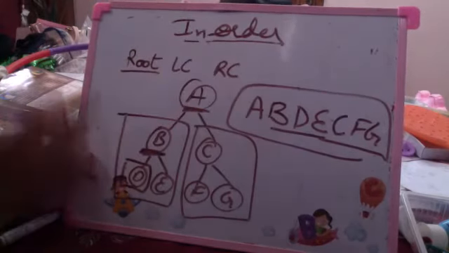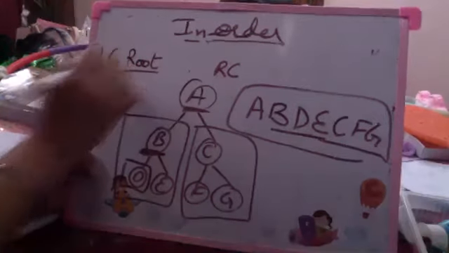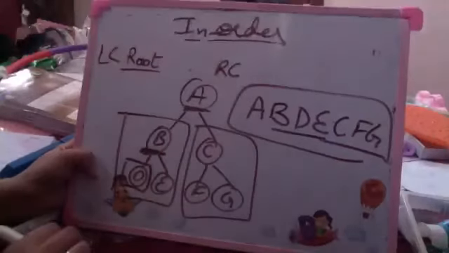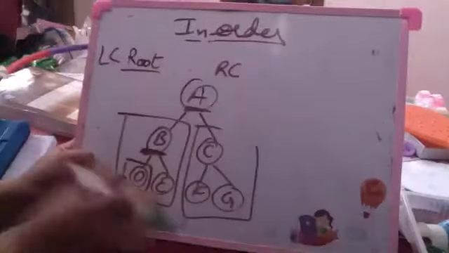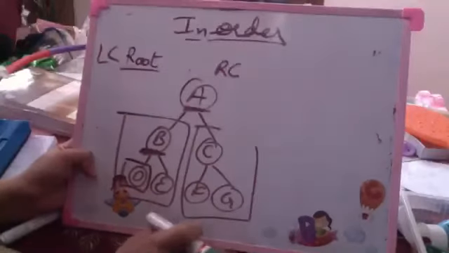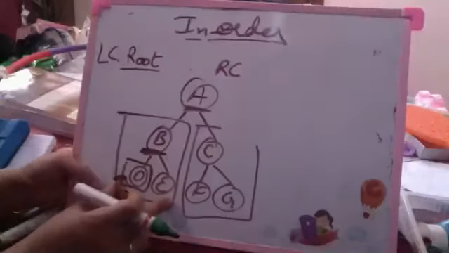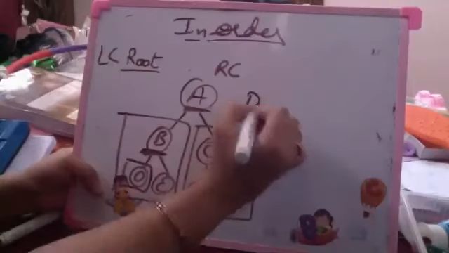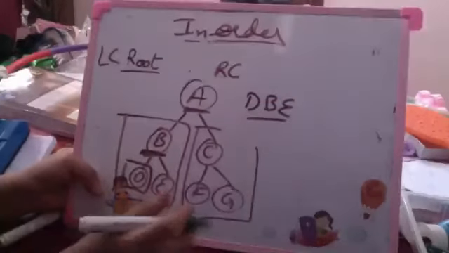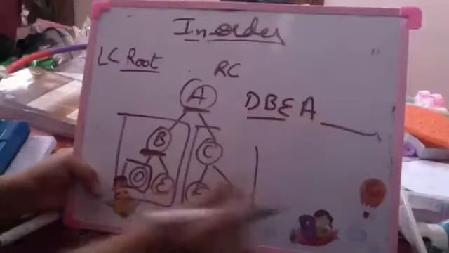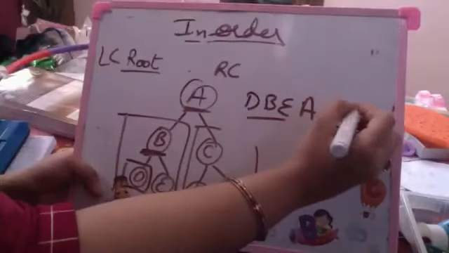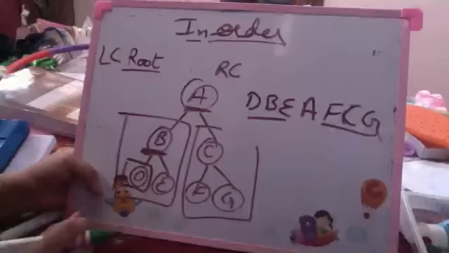But for the same tree, in case I'm not doing pre-order traversal, in case I'm doing in-order traversal, that means root lies in between the left child and right child. So I traverse the left child, then the root, then the right child. In that case, the traversal changes to be left, root, right. So I need to first traverse the left subtree. Left subtree is again traversed in order. So left, root, right. So the traversal becomes left, root, right for the left subtree. Then you traverse the root. Then you traverse the right subtree again in order, left, root, right. So it becomes left, root, and right. Is that clear to all?